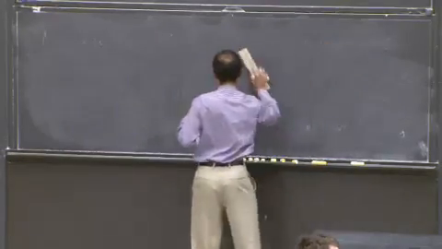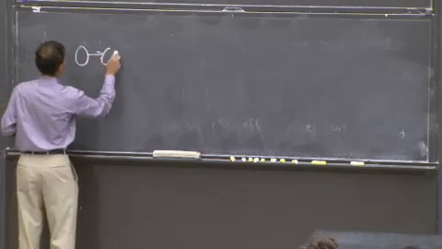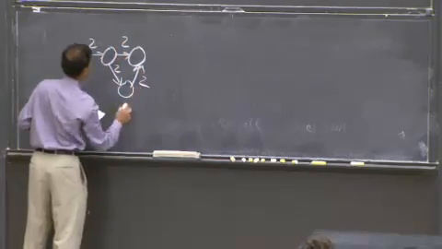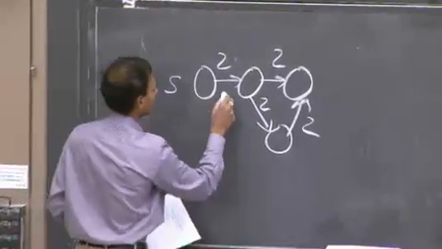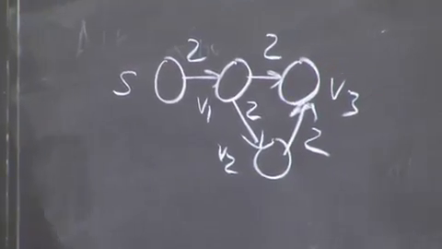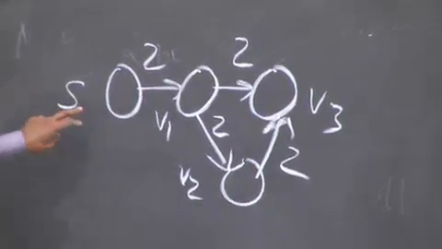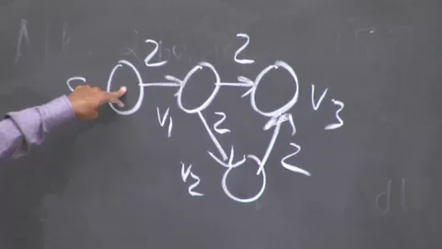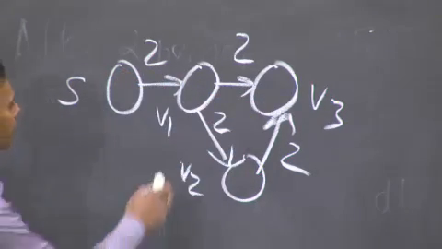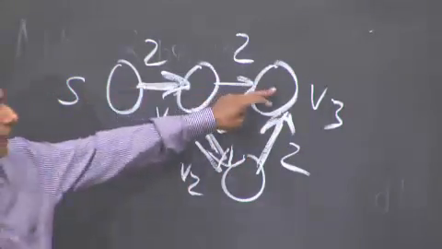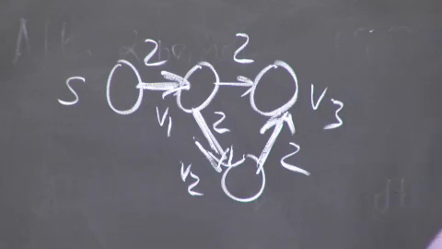So maybe we can talk about what a longest path means first. If this was S and this is V1, V2, V3, fairly straightforward. You know how to compute shortest paths now. These are all positive, even easier. The longest path to V3 is of length 6, because I go here, go there, and go there. So that's my longest path. And the shortest path to V3 is of length 4. So shortest paths and longest paths have this nice duality.